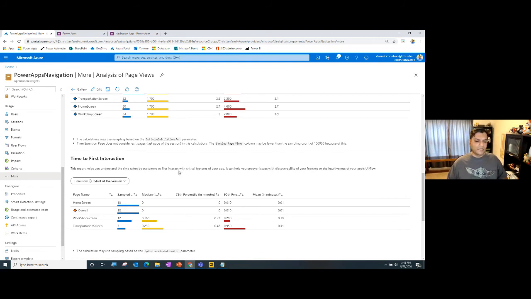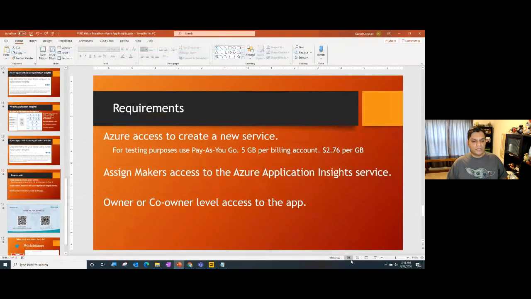Now, the important thing that I want you to note over here is that it is able to only give you data right from the point that you applied that token. So you applied that token today, and from today moving forward, it's collecting all the data, which means that's the only information you're going to see. You can't go back 30 days past because it hasn't had the token yet. It hasn't saved any of the data. So keep that in mind as you're planning.